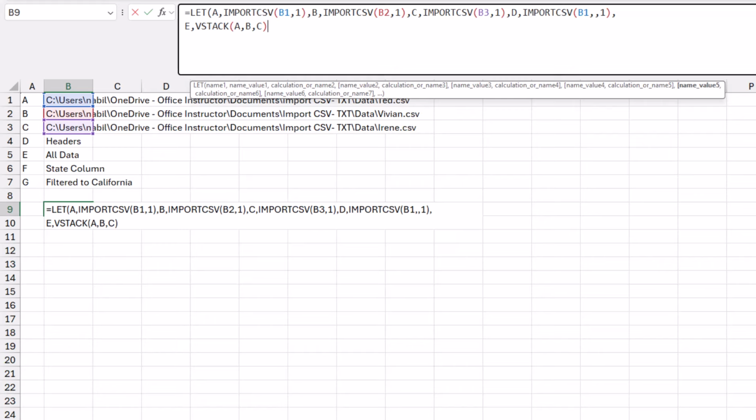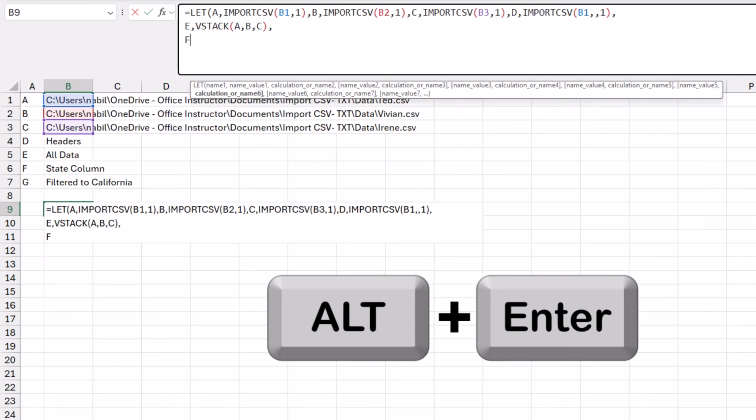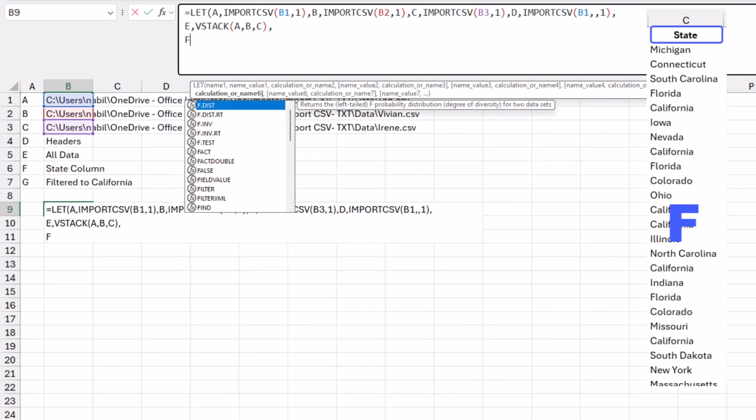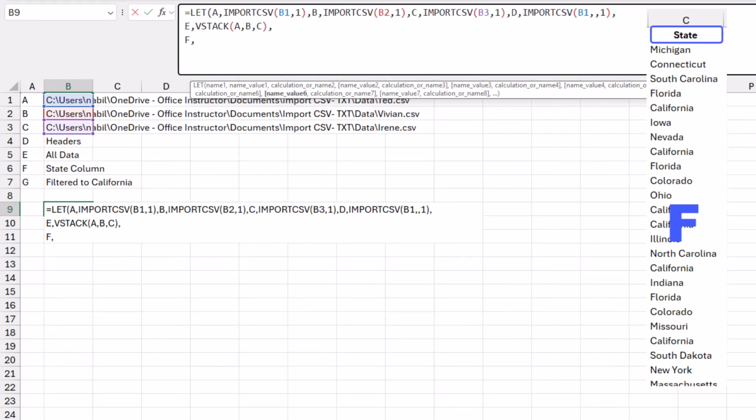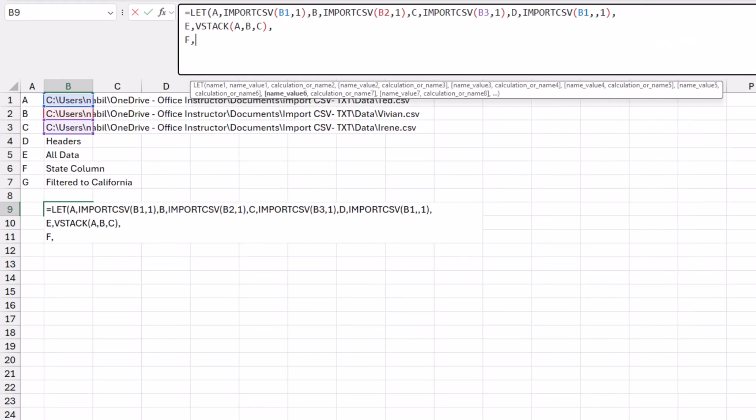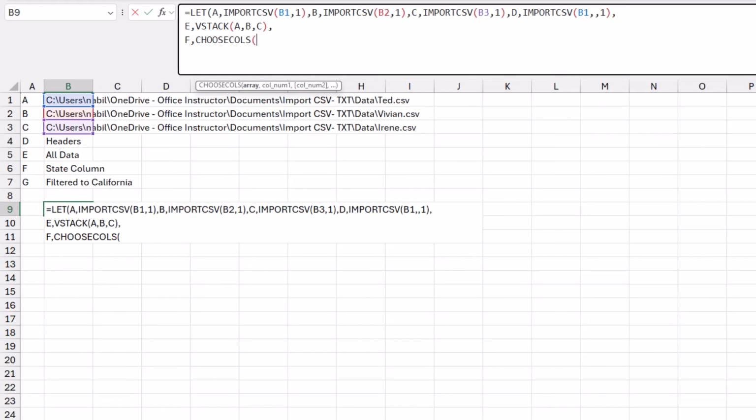call it F. So I type comma, Alt Enter. F will be all the state columns from the combined data. The combined data is called E. So from the E variable, I'll be choosing the state column, which is column 3. Then I use the CHOOSECOLS function. I'm choosing from the variable E, which is the data combined, and I want column 3, and I close the